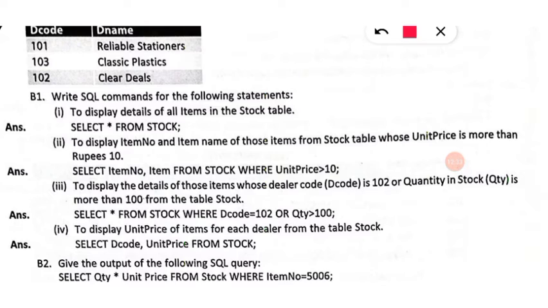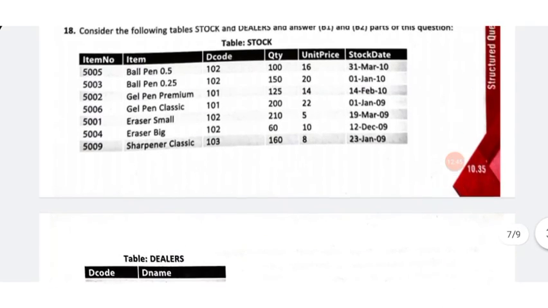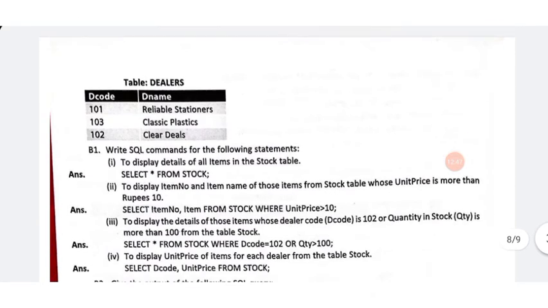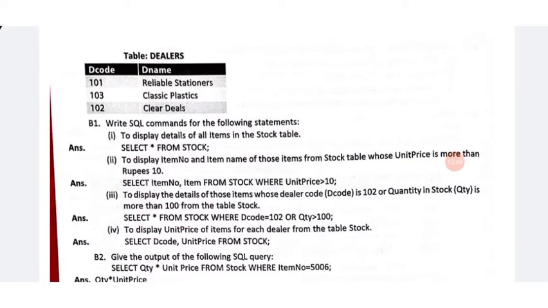So how will we write it? Select star from stock where D code equal to 102 or quantity greater than 100.